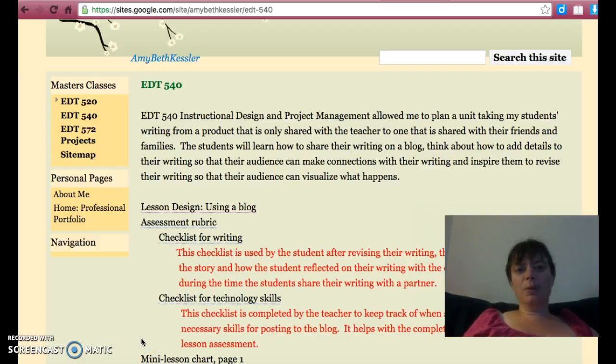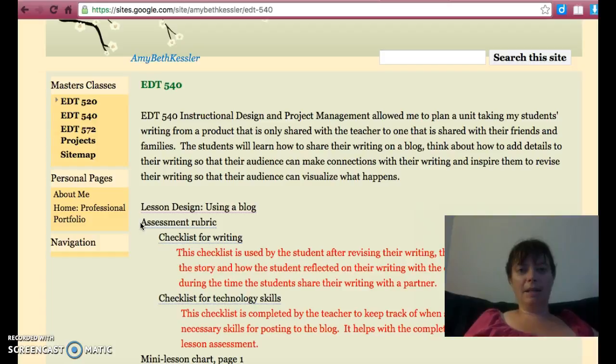So I chose to place all of my products from my unit onto my Google site, where you can see the address right up here. So it has the lesson design where I analyze what I want to do, what the problem is, and how I can solve it. The assessment for this topic is a rubric, since it is writing, and it also